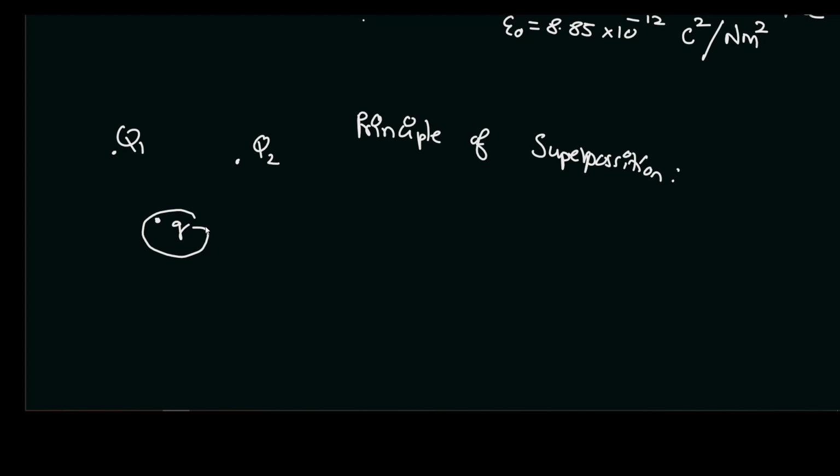What it essentially means is that the interaction between any two charges, let's say between q and Q1, is independent of the presence of other charges. So the force on small q due to Q1, let us call it F1, will be independent of the presence of Q2. So it will be equal to K times Q1 times small q over R1 square. R1 is this distance between capital Q1 and small q.